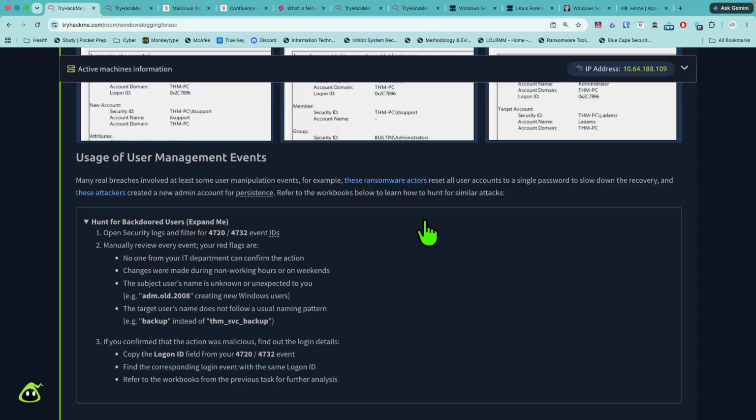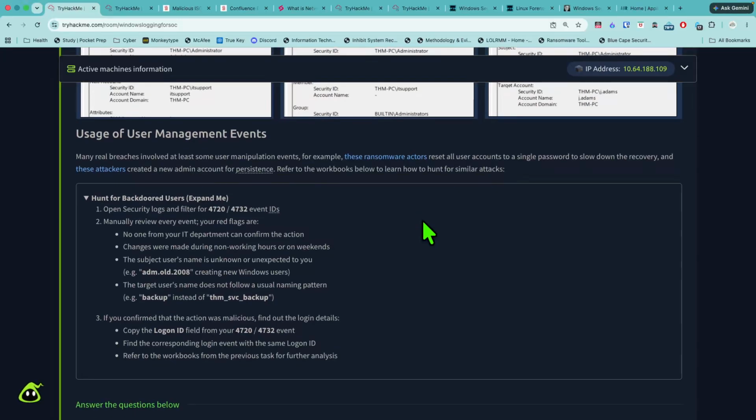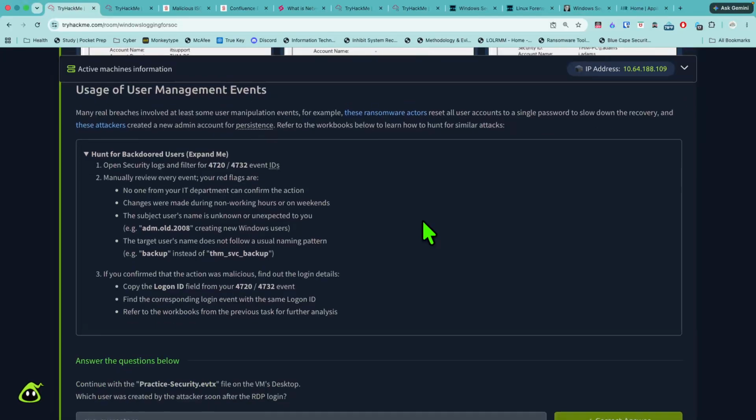Next, you would manually review every event, and your red flags are, for instance, no one from your IT department can confirm the action. Next, changes were made during non-working hours or on weekends. Next, the subject's username is unknown or unexpected to you, for example, adm.old.2008 creating new Windows users. And finally, the target's username does not follow a usual naming pattern, for example, backup instead of